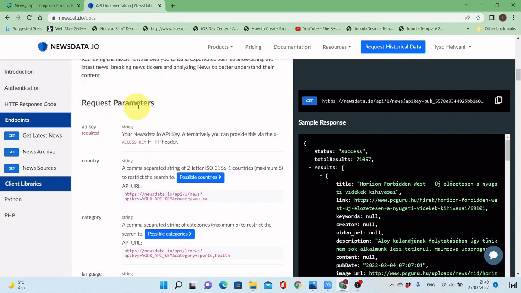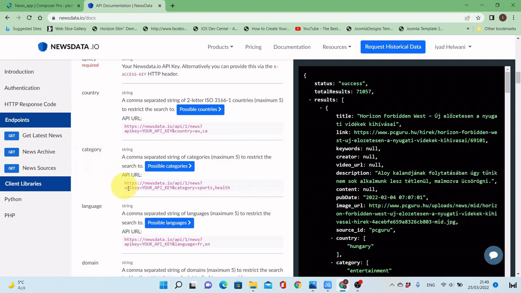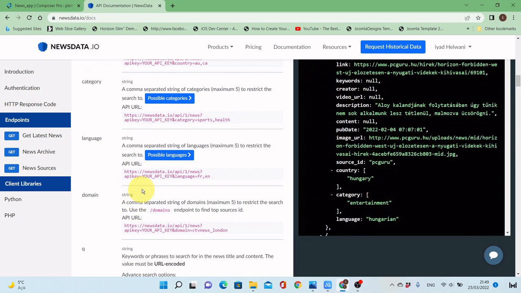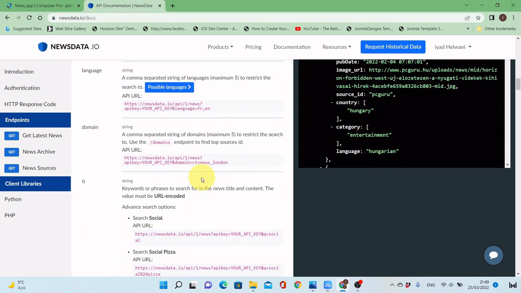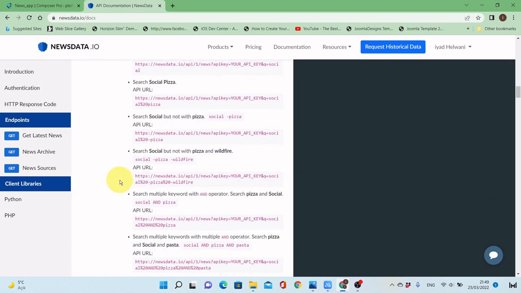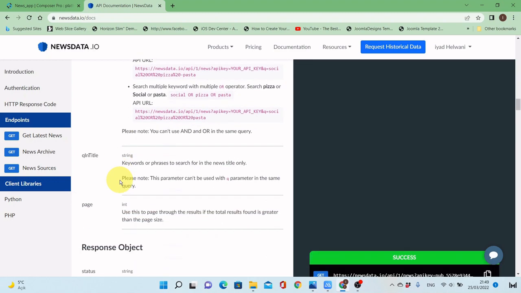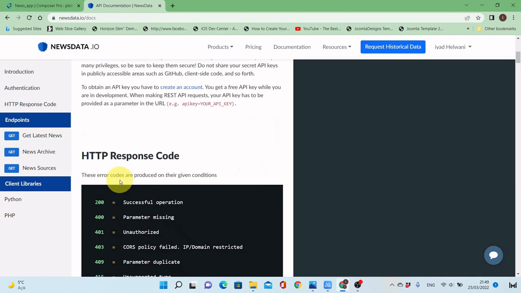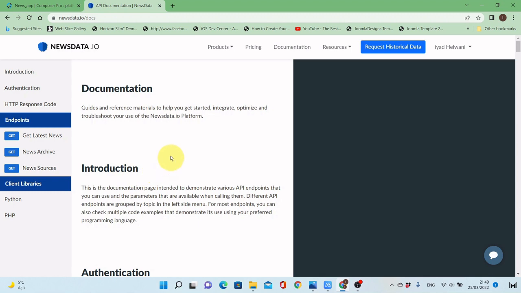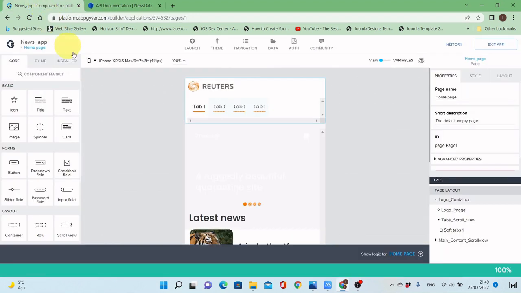And we have a set of request parameters we can use. The main ones we will use in our application are the category, in which you can limit the search results to some categories, and also the language, in which you can get only news in the language you are selecting. There are too many other parameters. You can check them and use whatever you want. Let's go back and start